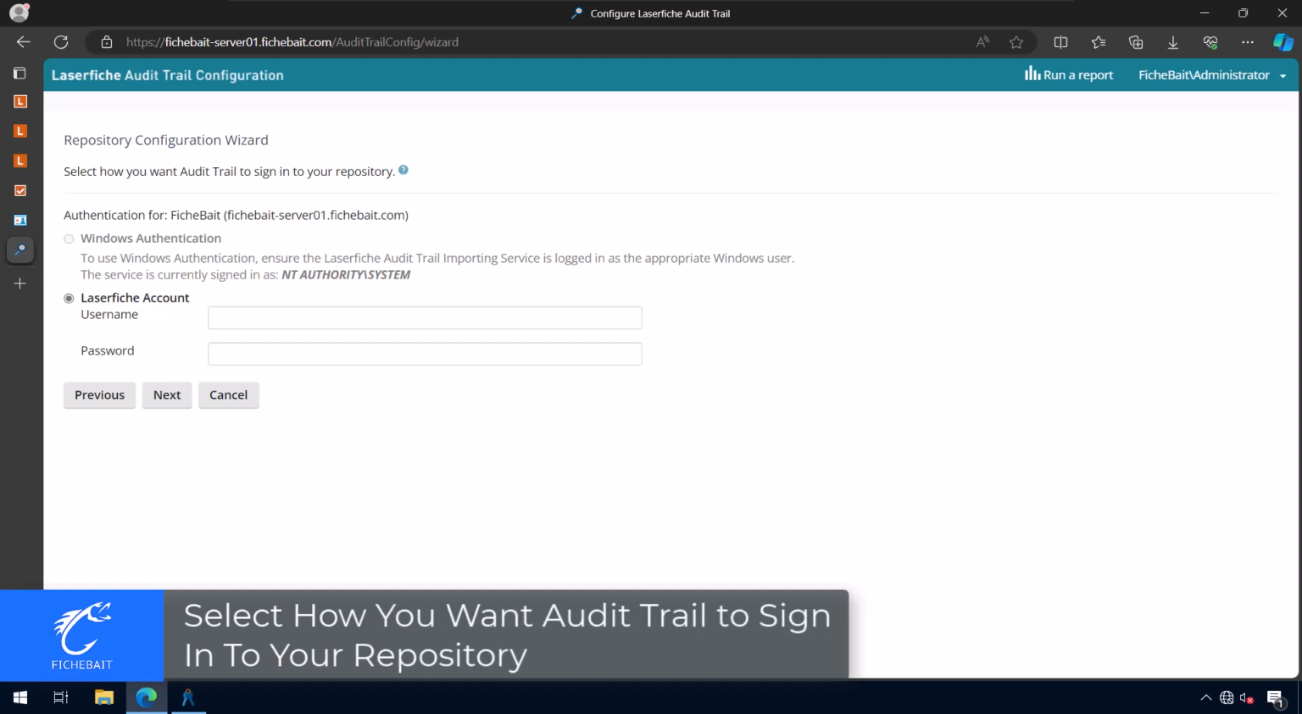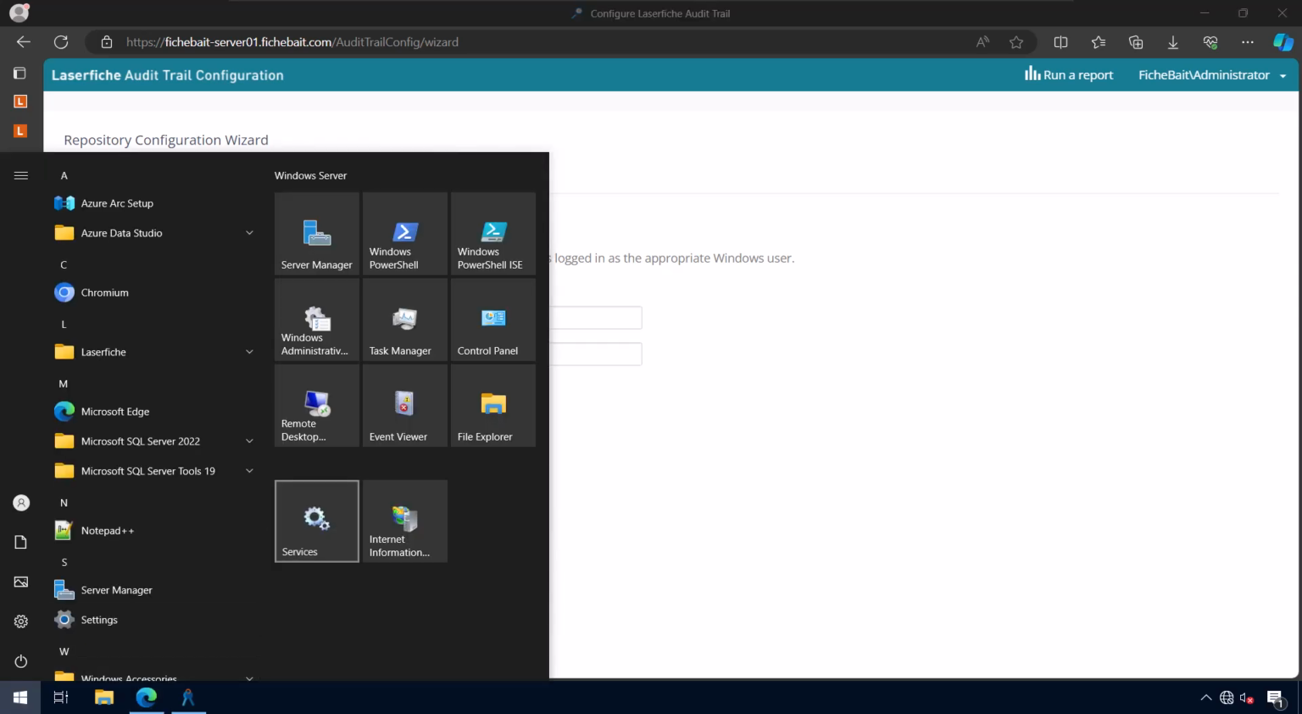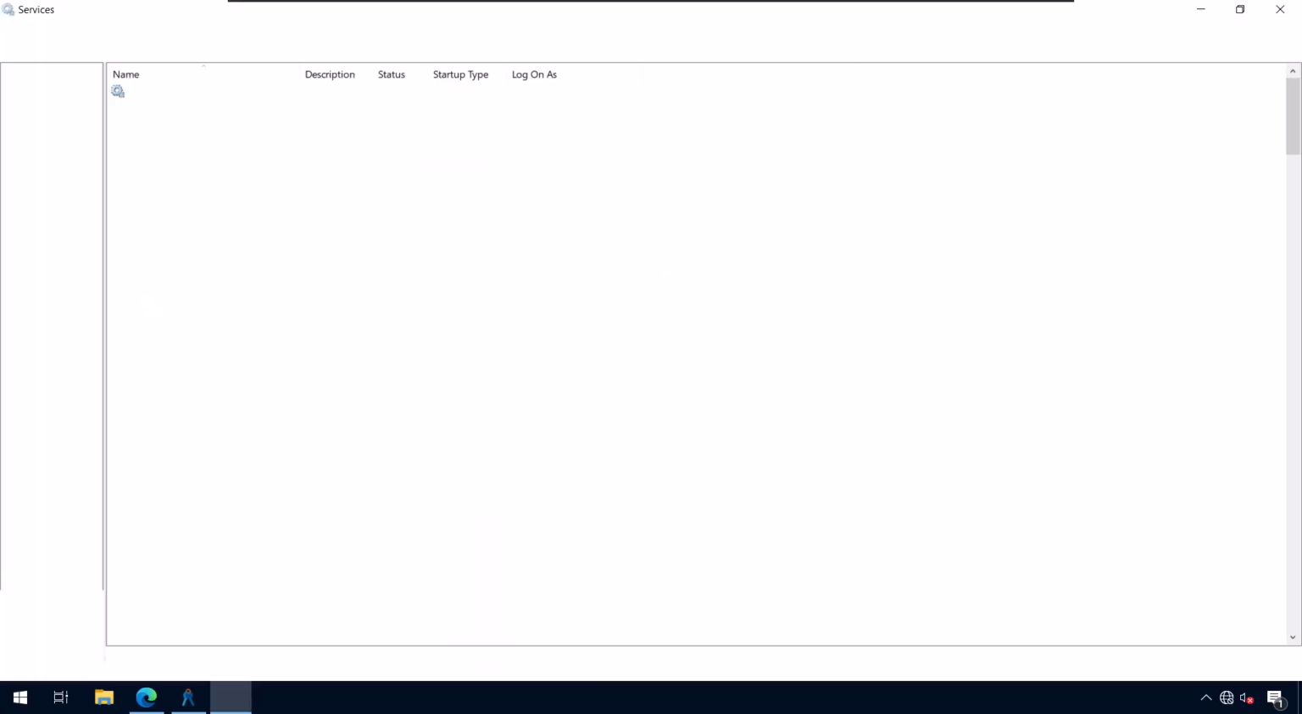So this step of the repository configuration wizard is asking for how Audit Trail needs to authenticate to the repository that you selected. So the first option is Windows authentication. So if the Audit Trail importing service is actually running as a user that can authenticate into your repository, you could choose that option. You can see here when I bring up services,